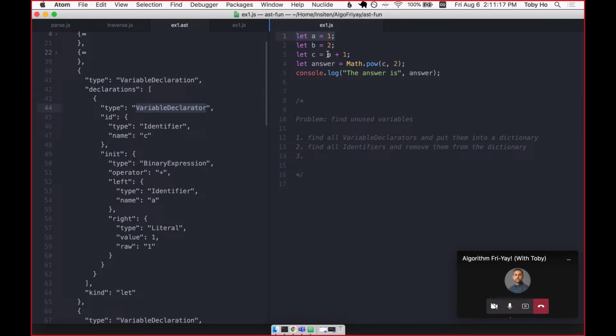Oh, I see what you're saying. You're saying if we count the declarations also as usage references, then if it only has one usage, that's proof that it was only declared but not used. But I think I have a counterexample to that, because I can say